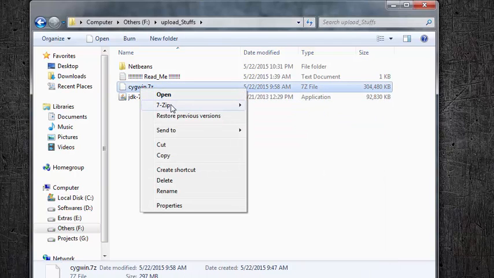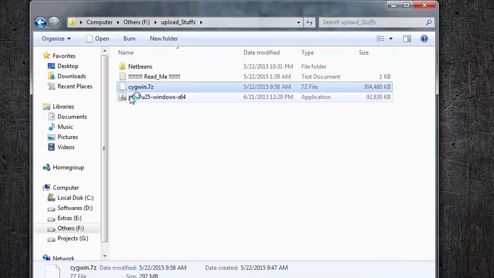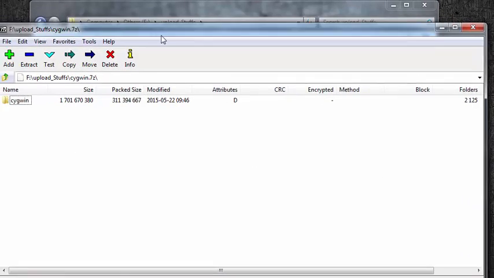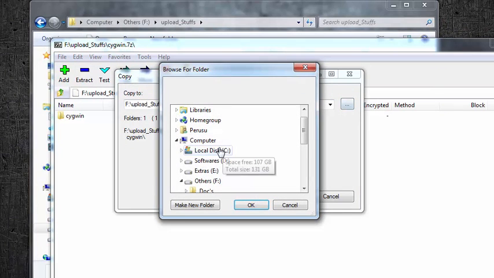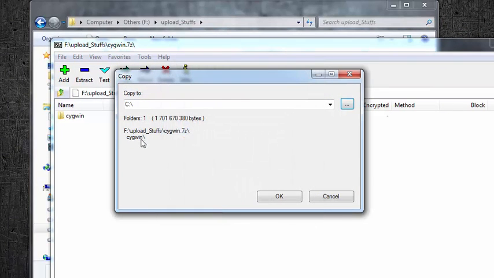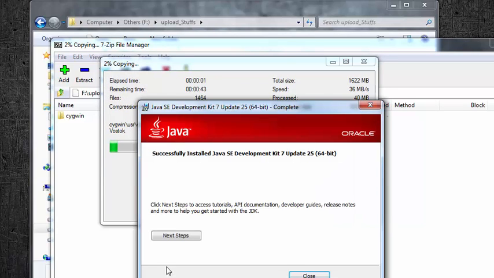So let's do this. Open. Extract to C directory or C volume. Click OK. Now Java is installed.